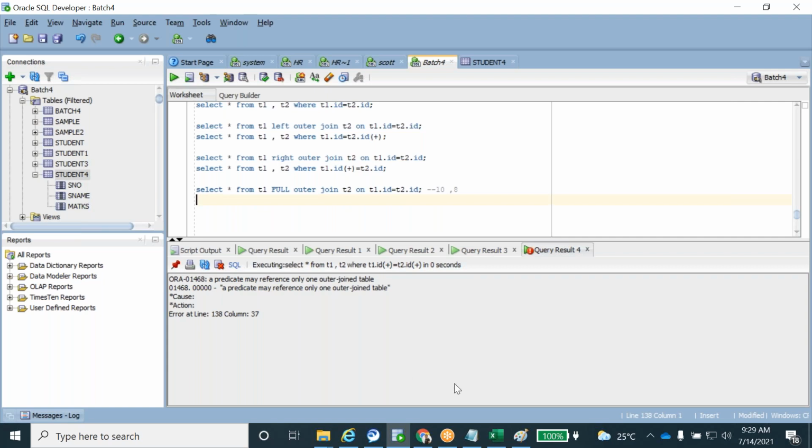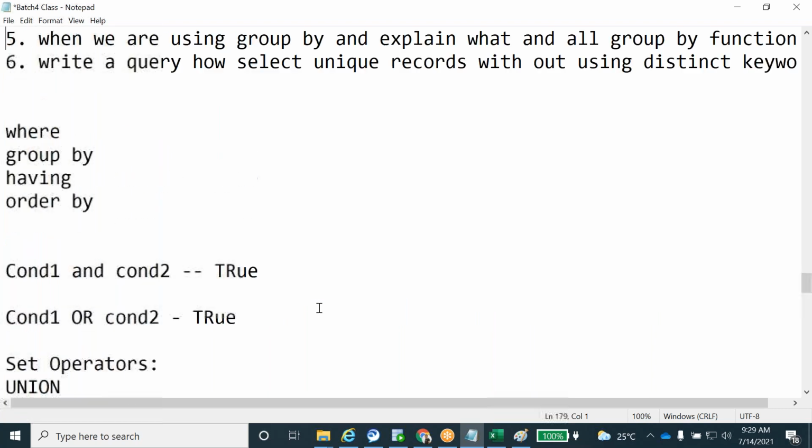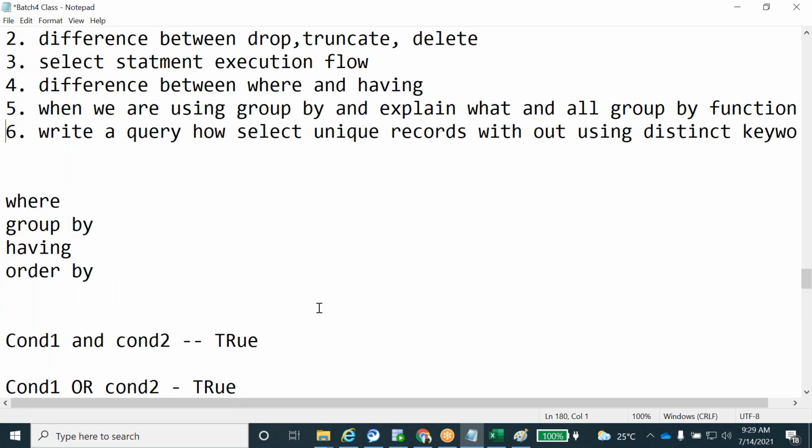Okay guys, today I will give you some questions. Clear, guys? Any doubts here? Please prepare the answers. How to delete duplicate records?